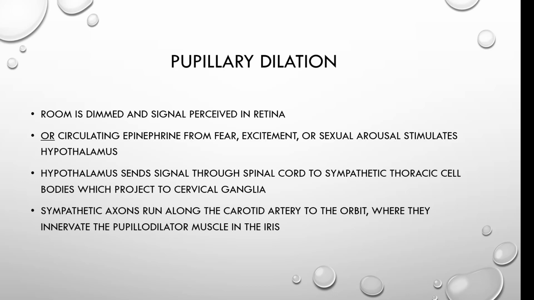Also, when epinephrine is circulating from a reaction such as fear or excitement or sexual arousal, that epinephrine stimulates the hypothalamus, and a signal is sent through the spinal cord to preganglionic sympathetic cell bodies in the upper thoracic spinal cord, which sends axons to ganglia